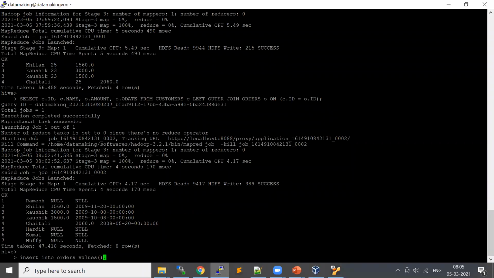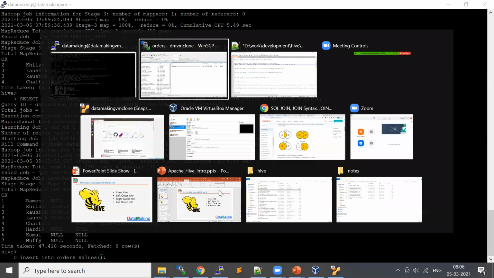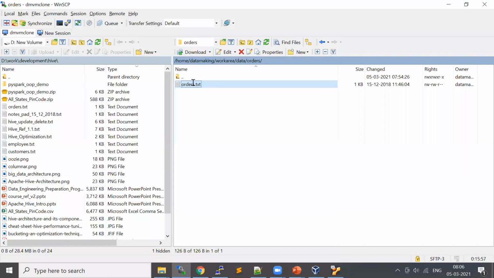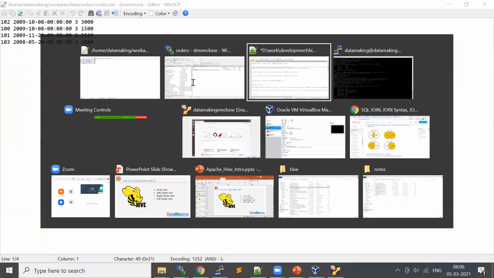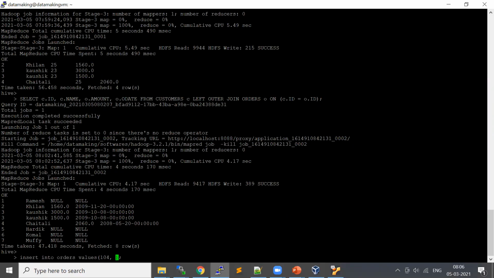Let me use order ID 104, and the date, let me put today's date, 5th March, and then 08.